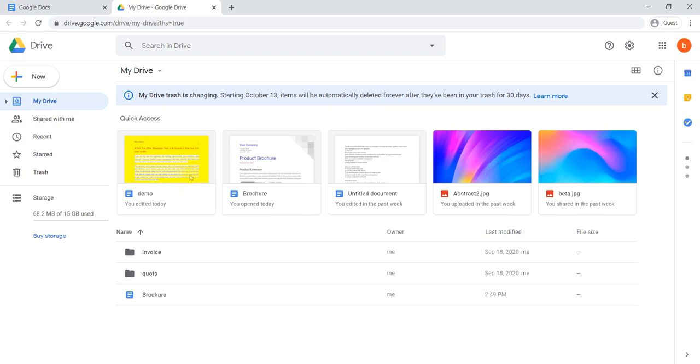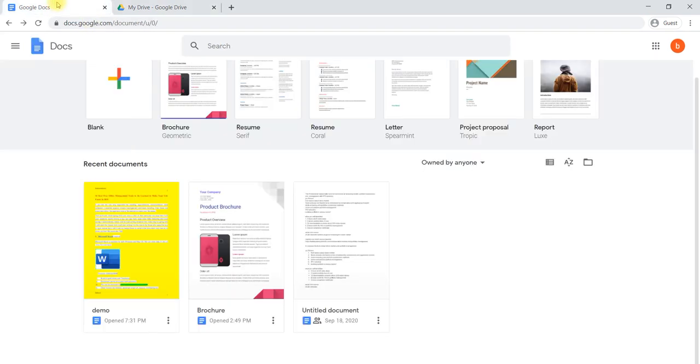Right here, the Demo, this is what you created, that will be there in Drive also. Automatically it will be saved in Drive also. From anywhere you can access this particular document. This is all about how to create a new document, about formatting, creating and modifying a document by using Google Docs.